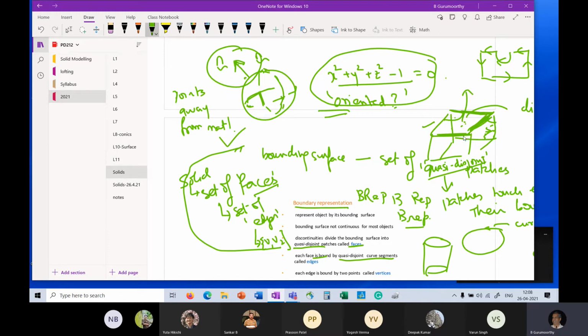And therefore, an analogous representation follows. Just like I have a bounding surface as a set of patches, I have a bounding curve as a set of curves, and they constitute what we refer to as edges, right? And each edge, in turn, is bound by 2 vertices, the 2 endpoints, which completes the boundary representation.